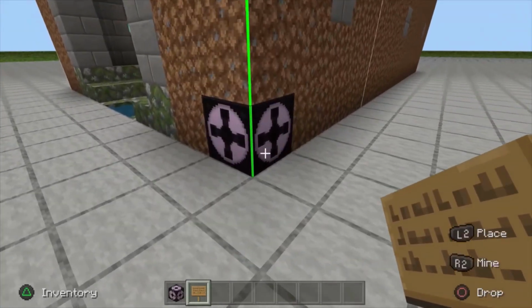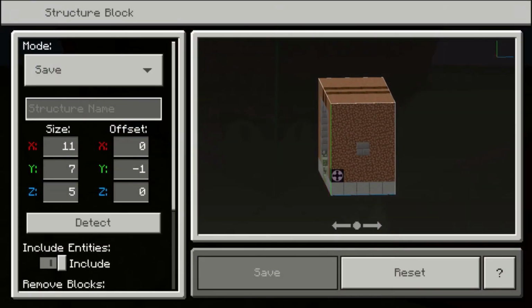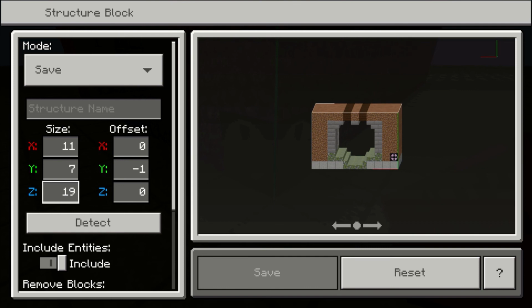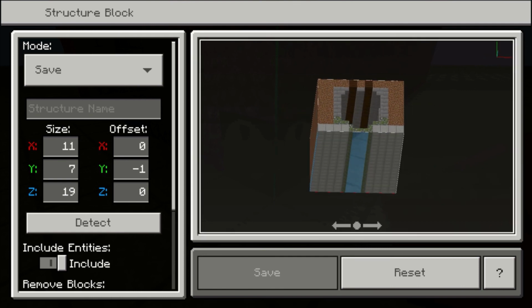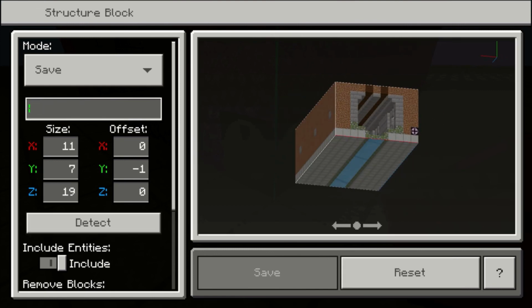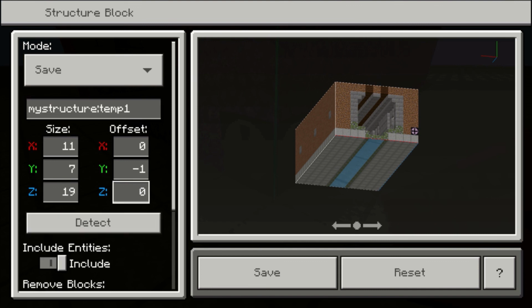So let's go over here, and let's actually copy this now. And did it keep everything? It did not. Oh, because we did not do the length. So let's do the length because I went over there and filled in that dirt. We know it is 19 long. So there it is. So we can see by the end we are very symmetrical. So let's go ahead and save this. Let's save it as temp 1. Temp and space. Without a space, 1. Okay, you have to remember what you put in when you save it. So just remember that, temp 1, and then hit save,